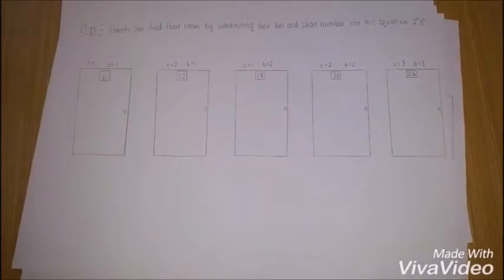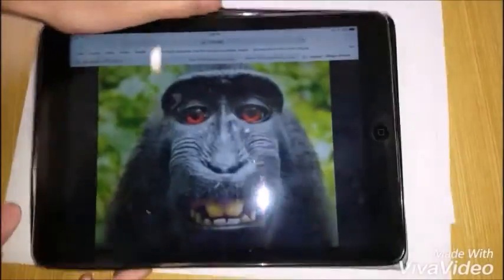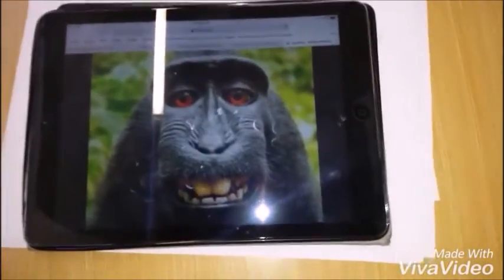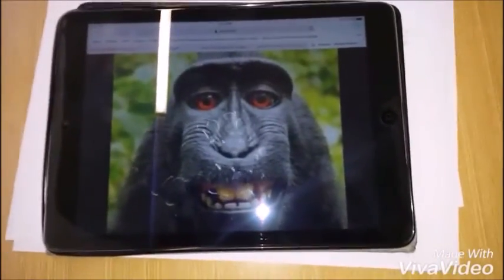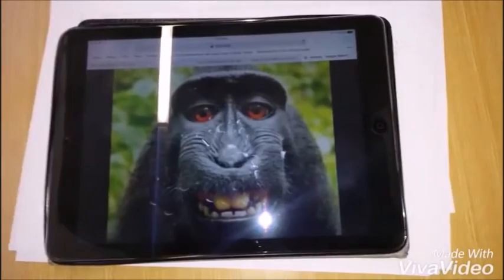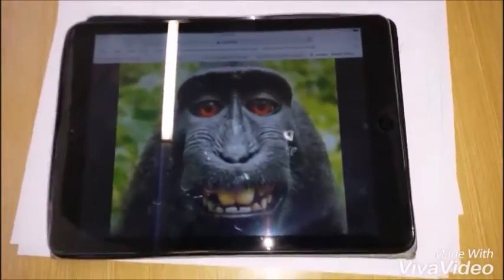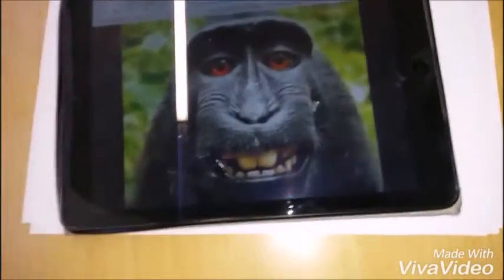Infinite monkey theorem. Another concept for trying to explain infinity is the infinite monkey theorem. The infinite monkey theorem is a theory that if a monkey hits random keys on a keyboard for an infinite amount of time, then eventually the monkey will almost surely write the works of Shakespeare.